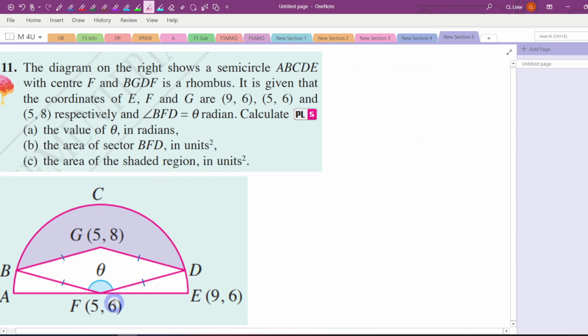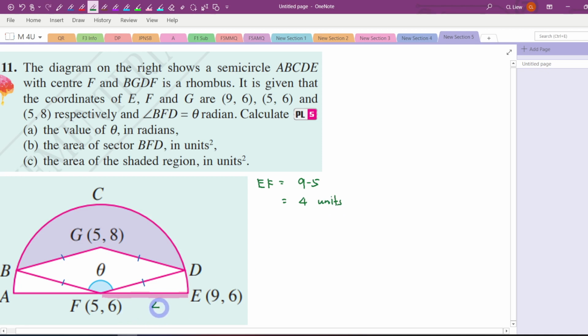Can I know the distance here? How do I know the distance here? As I told just now, we are given the coordinate of F and the coordinate of E. So can we find their distance? Yes, right? Try to observe their coordinate. Same y coordinate. Therefore, if you want to find the distance between these 2 points, find the difference of their x coordinate. So from here I know that the EF is actually 9 minus 5, which is equal to 4